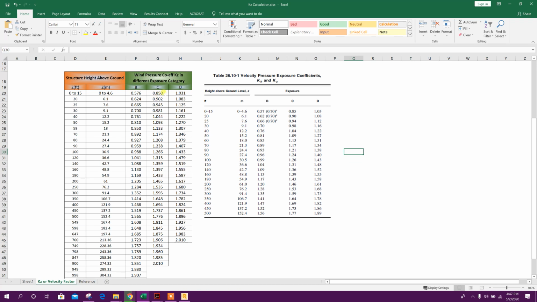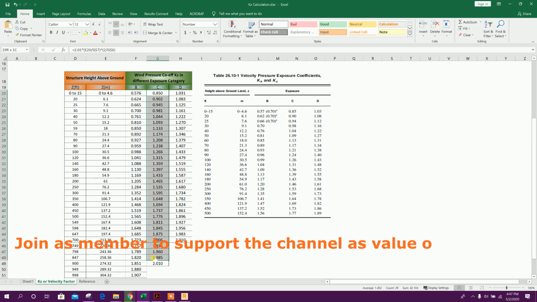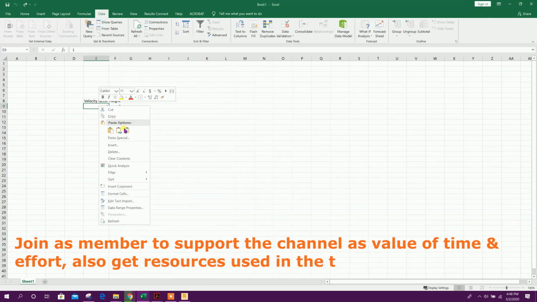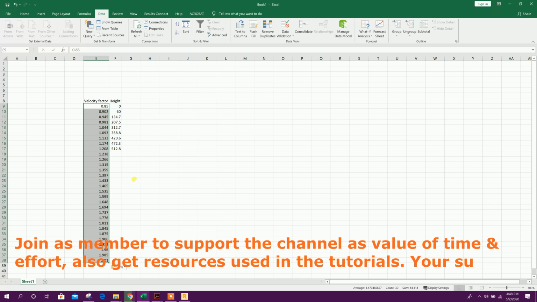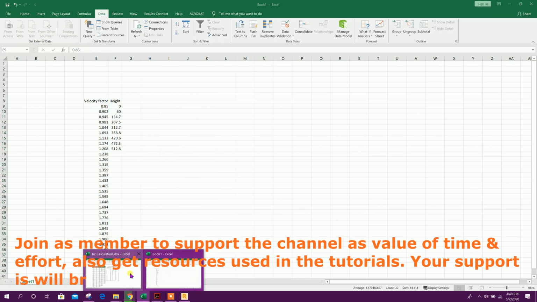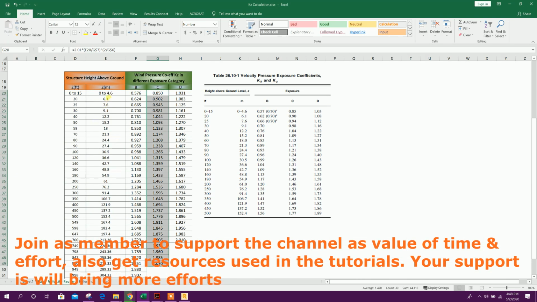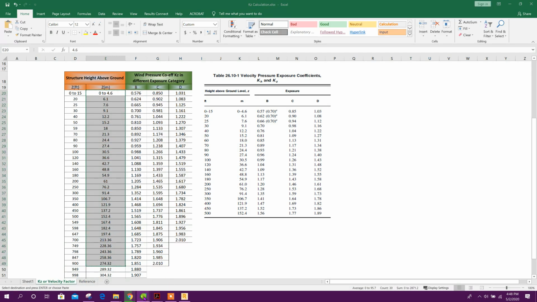Now here we will copy this one, then paste like this. Then go to the height, and from here copy this one.